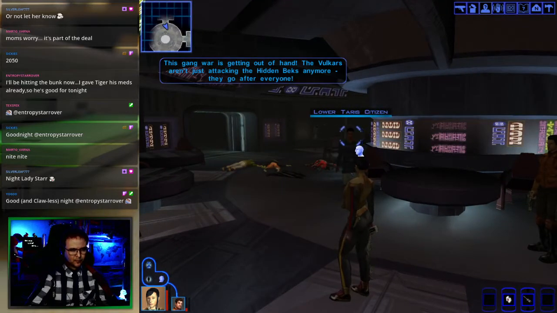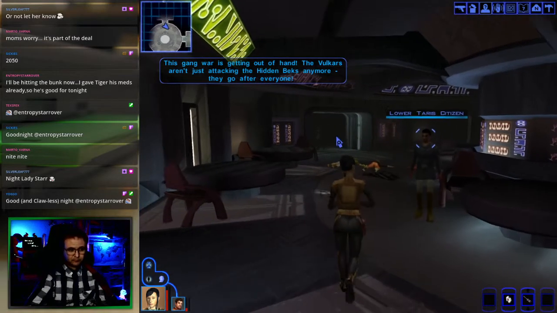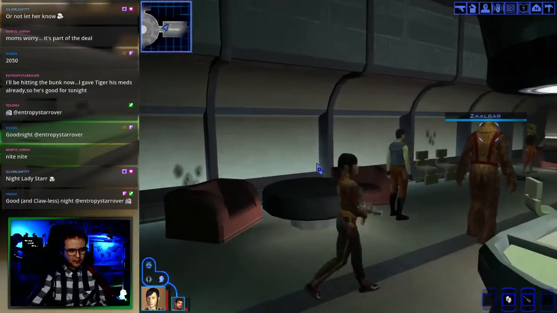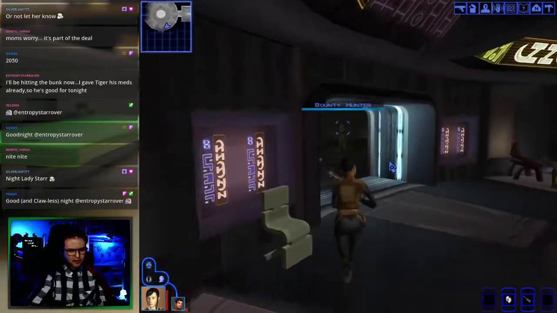This gang war's getting out of hand. The Vulkars aren't just attacking the Hidden Becks anymore. They go after everyone. I imagine we can come back here and talk to them if they're still here. So at this point, do we just... Let's see...